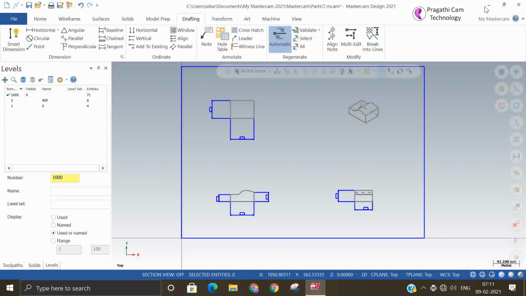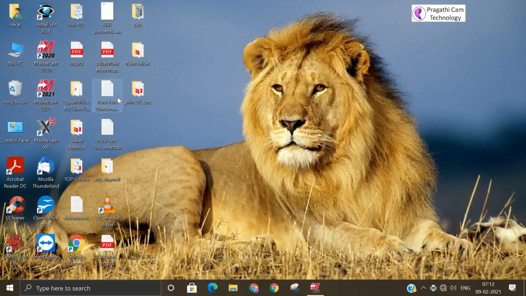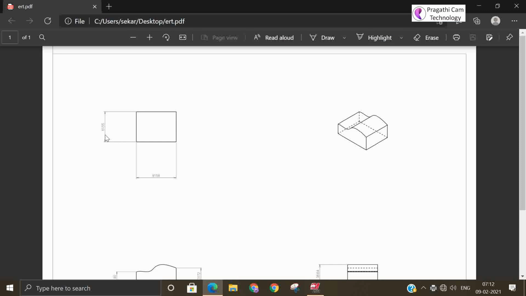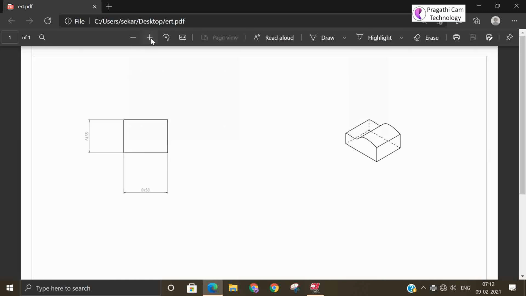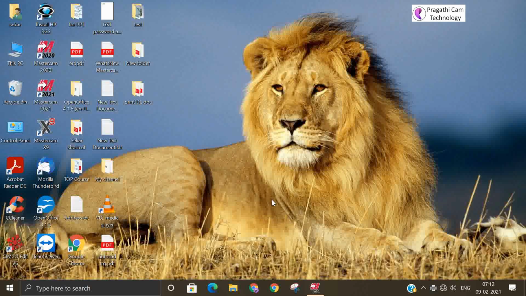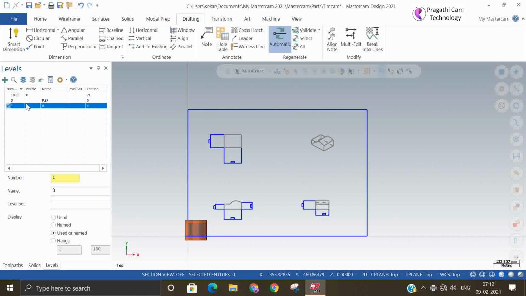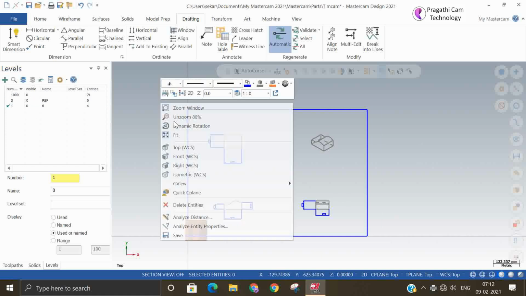Okay, you can go to the desktop. Okay, this is the picture. So even a drawing you can print. If you have a template, you can put the template, then you will get the complete drawing. Okay, thank you.